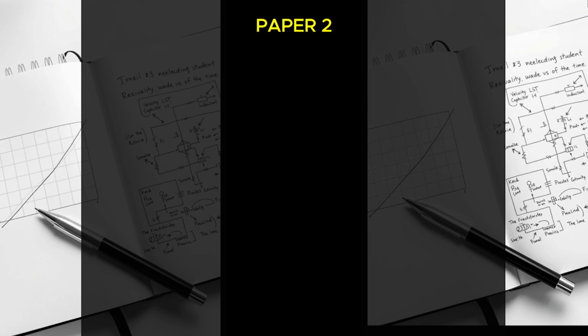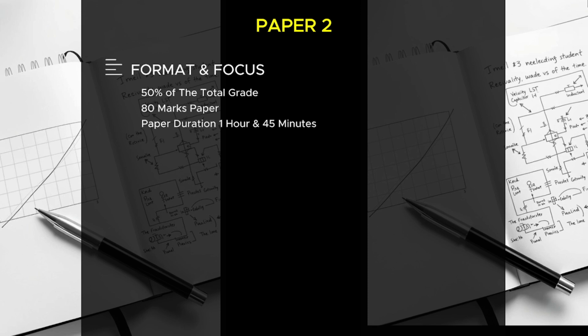Paper 2 is the core of your writing assessment, accounting for 50% of your total grade. It's an 80-mark paper. You're supposed to solve this paper in 1 hour and 45 minutes. It includes a mix of short answers and structured questions designed to test both your knowledge and application. This paper focuses on Assessment Objective 1 and Assessment Objective 2. Assessment Objective 1 is to recall and understand, and Assessment Objective 2 is to handle the data, your explanation, your